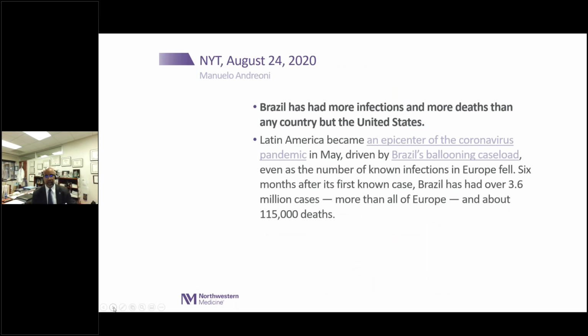I am particularly sobered by these data as I've been working with colleagues in Brazil to help understand the burden of COVID-19 in those communities of color. It turns out that Brazil has had more infections and more deaths than any country other than the United States, and Latin America is becoming an epicenter for this pandemic. And again, we know this once more because we've been able to use large data sets to inform our insight. We now know that Brazil has had over 3.6 million cases. Listen to this, that's more than the entirety of Europe, 115,000 deaths. If we go forward,